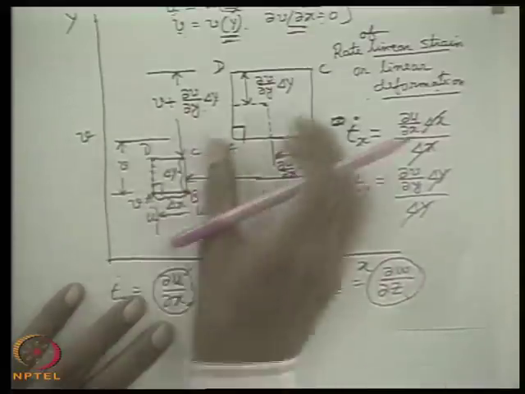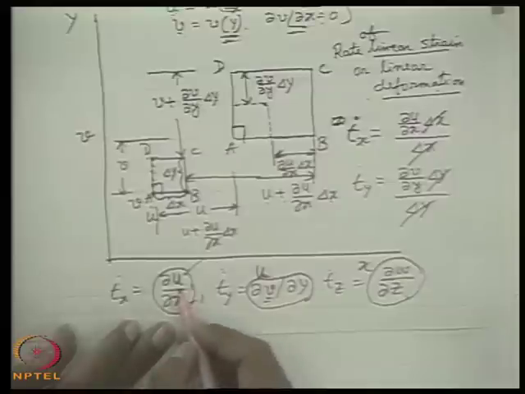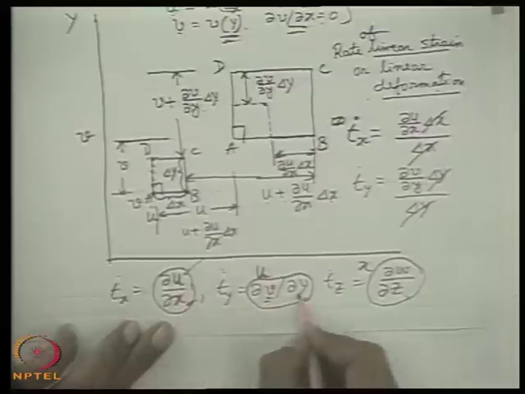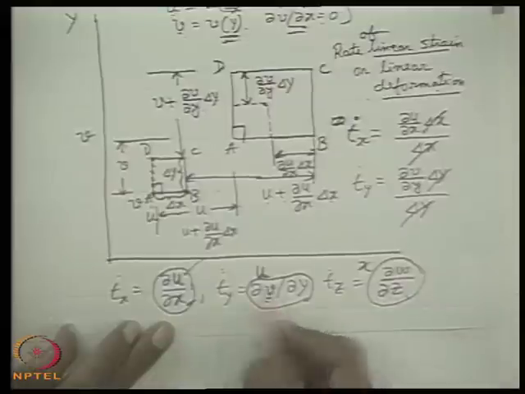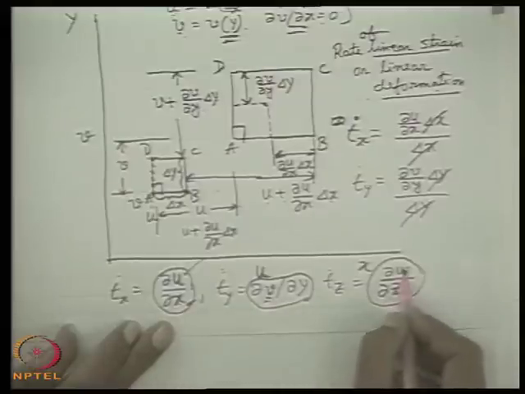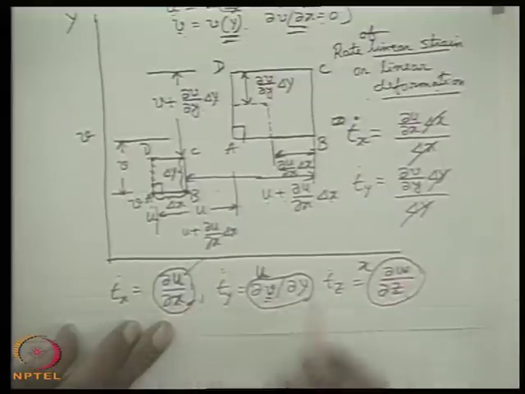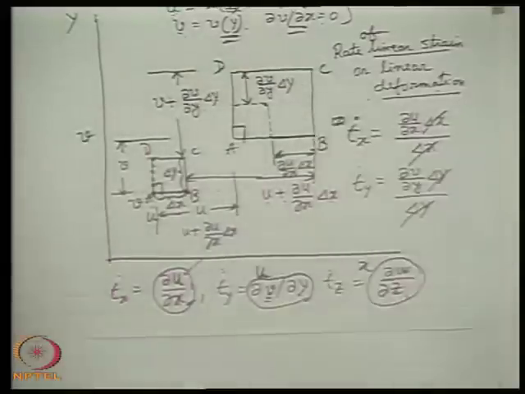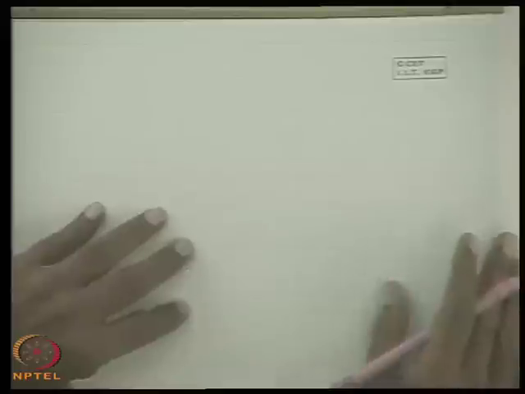But the shape of the body will remain unchanged, since the u component of velocity is neither a function of y and z, v component of velocity is neither a function of x and z, and w component of velocity is neither a function of x and y. So, this is another simple case. Now, we come to the most general case,